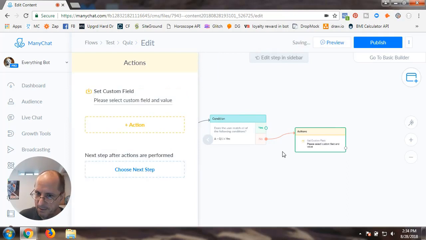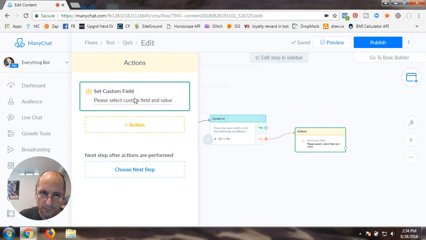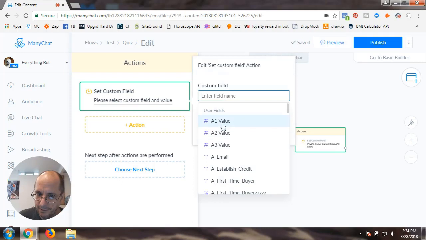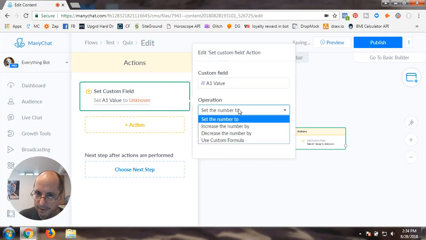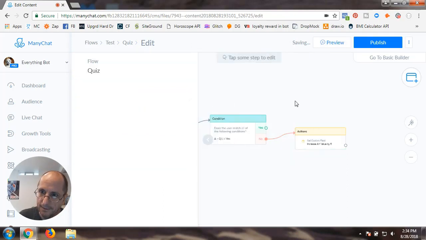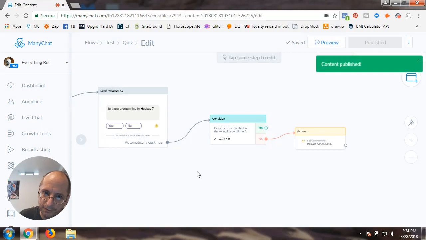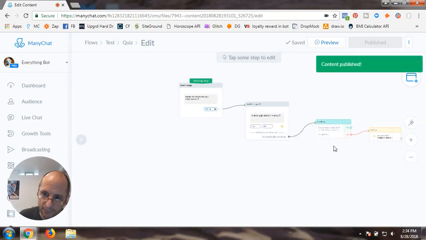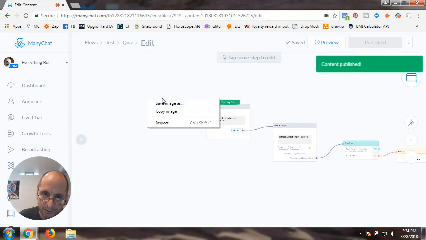and we're going to do an action, and we're going to set a field A1 value, and we're going to increase it by 5. And one of the things you can do, actually what I'm going to do here, is because then we don't have to use that, we're going to do a condition out here,